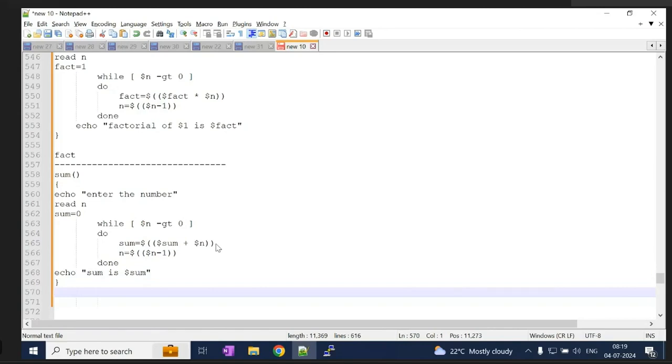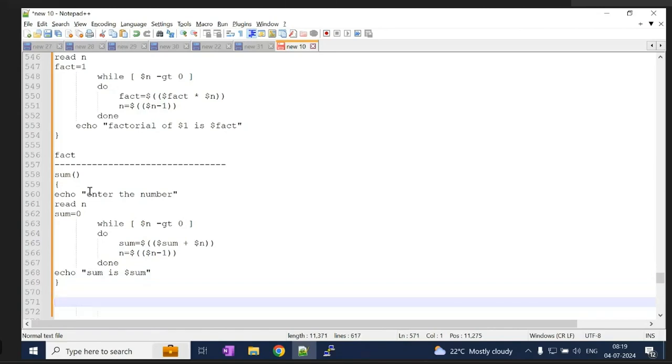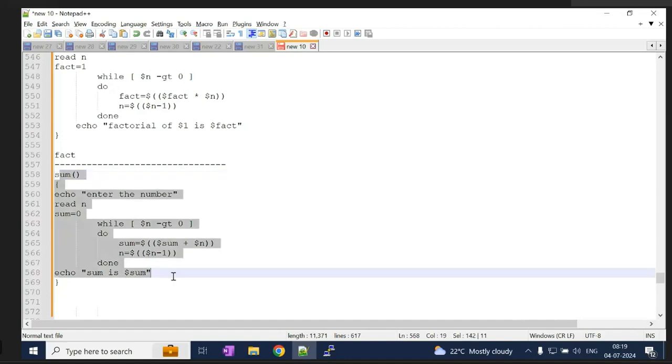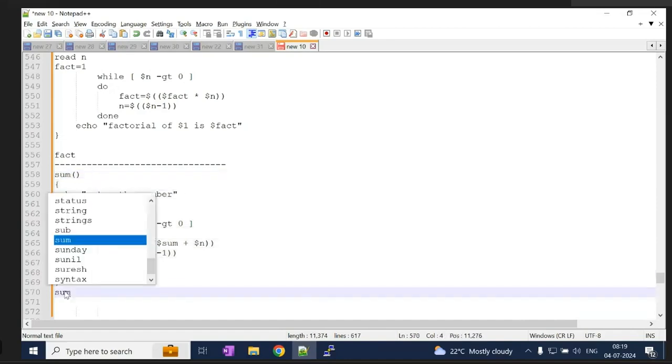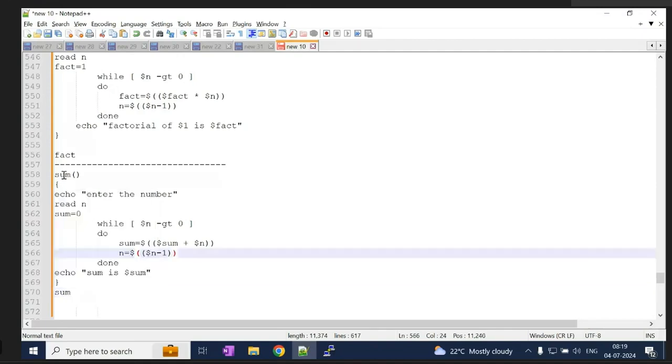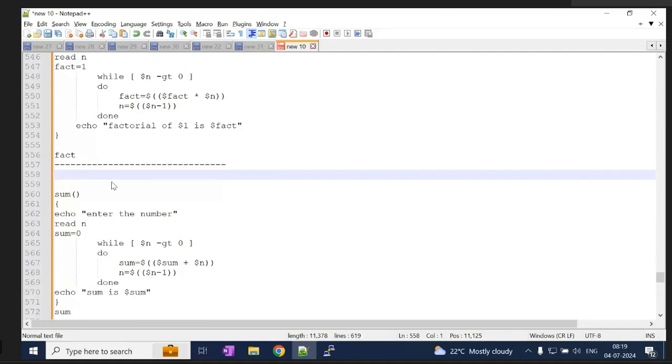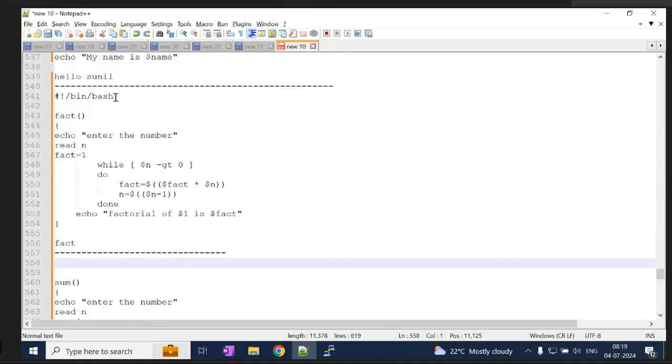Till this point we declared the function, so then I'll call that function. Clear? You can execute this program.